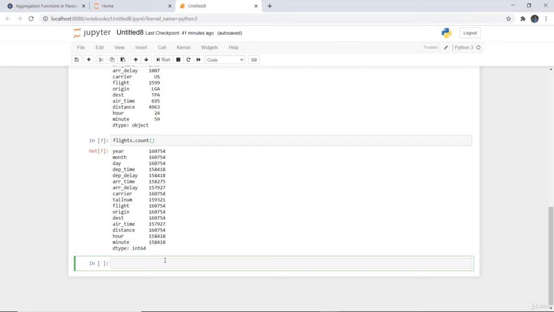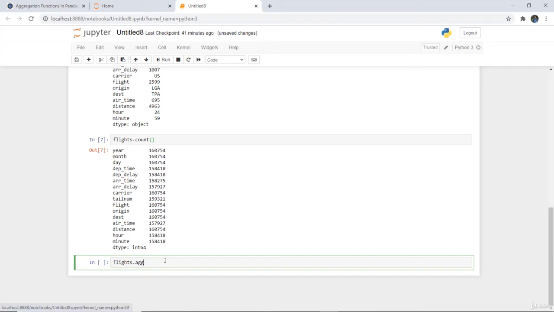Now next, if you want to compute different stats for different columns, how can you do that? For that, you firstly write flights dot agg, and then you write the columns, that is departure delay, and what you want to calculate for that particular column.